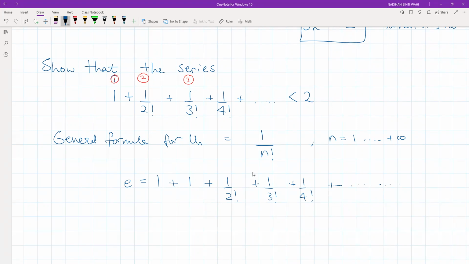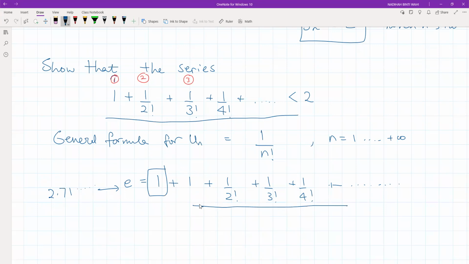Okay, nampak tak apa beza dia? E nilai dia, the value for E is 2.71 something something something. So obviously dia lebih daripada 2 sebab apa? Sebab dia ada this term kat sini. Not that, not the whole thing. Okay, so dia ada extra kat sini. So if you compare this to this,